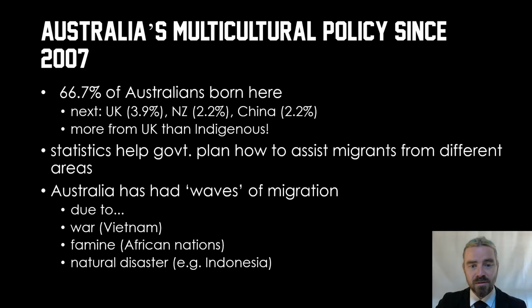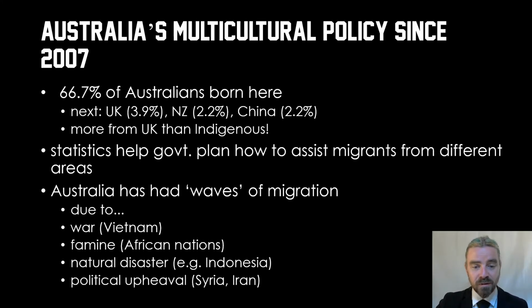Also natural disaster, so there's quite often natural disasters in Indonesia. Even, for example, more recently, I know of quite a few people from Christchurch in New Zealand who have moved to Australia permanently because there's just earthquakes there all the time, and their house got knocked down and then they bought another one and then that house also got damaged in the earthquake. I was going to say Australia doesn't have a lot of natural disasters. However, now that we get bushfires and droughts, that's not necessarily true.